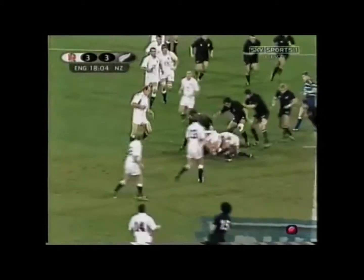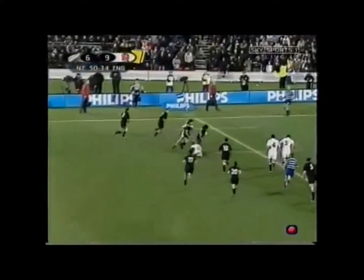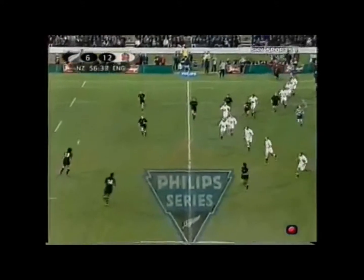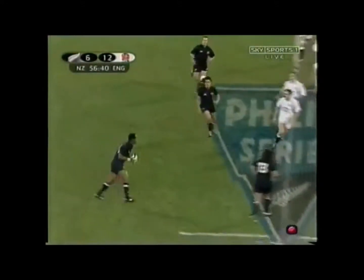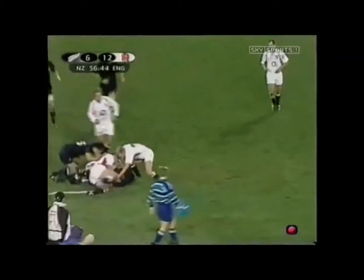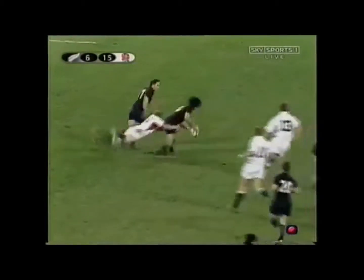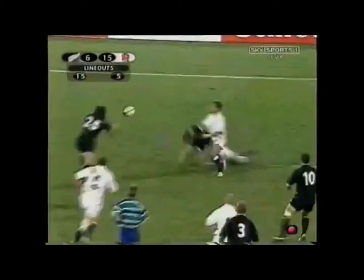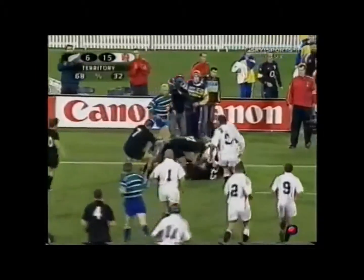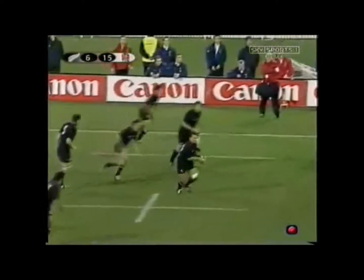Here comes Nonu. Devine again, Spencer. All Blacks certainly have numbers out wide. Nonu nearly through. That's brave tackling from Wilkinson. Back though. Howlett. Rokothoko. Out to Nonu. Curran is waiting. Making sure. Howlett. That's a fine catch, and Ralph. Brilliant play. It's Nonu with number 25, having had his jersey ripped, his pride probably too, in view of this